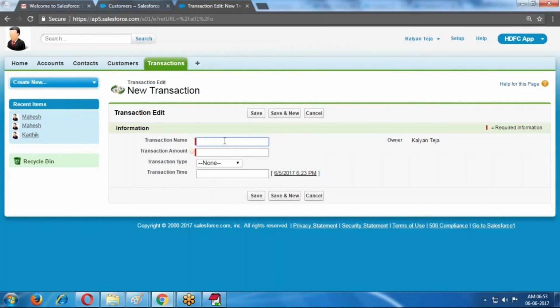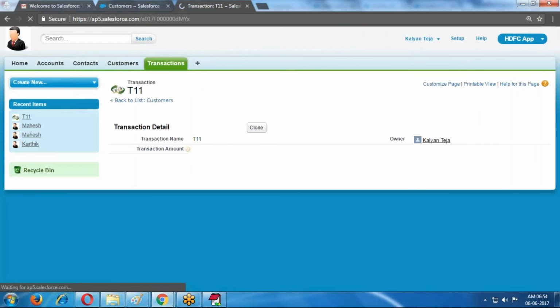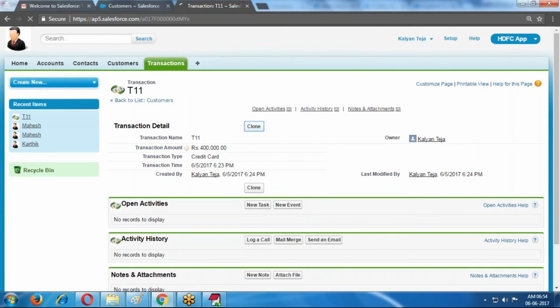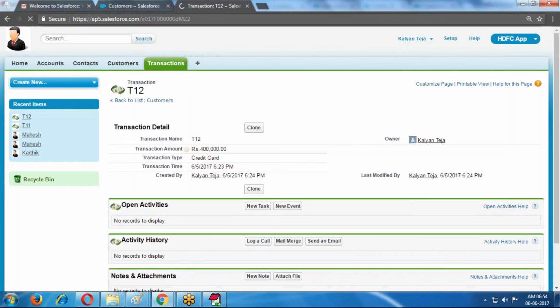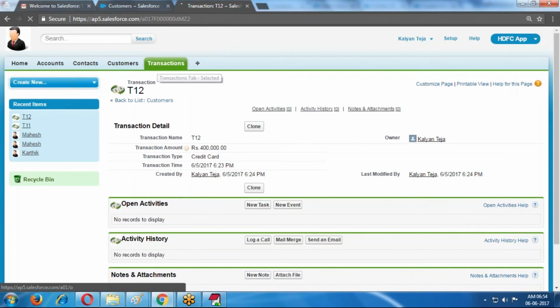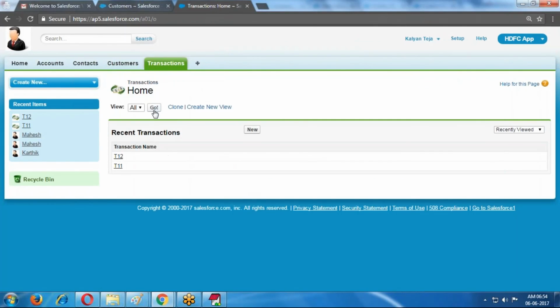Now transaction T3, transaction amount 40,000, T11, and account type, transaction type I'm creating. So if you want to create, you can clone and create one more, but you cannot edit or delete. We have only one option, the read option.